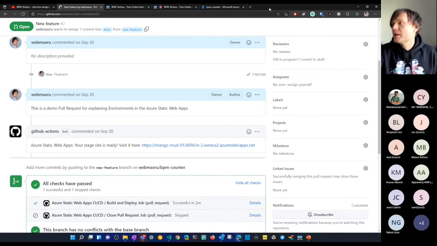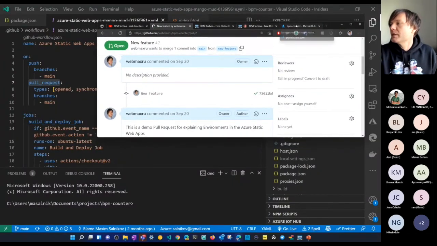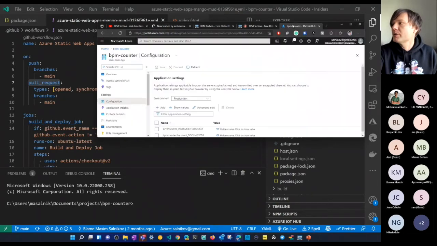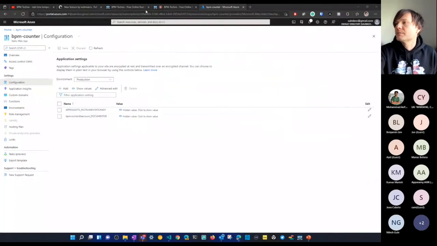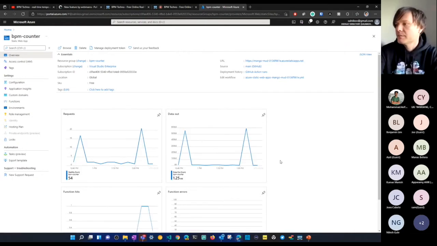Also, we can open Azure Portal and see what's going on there. This is the overview of my static web application, BPM counter. Let me also increase the size.